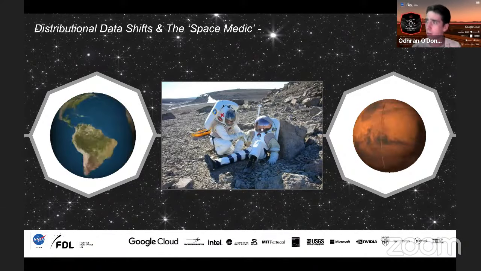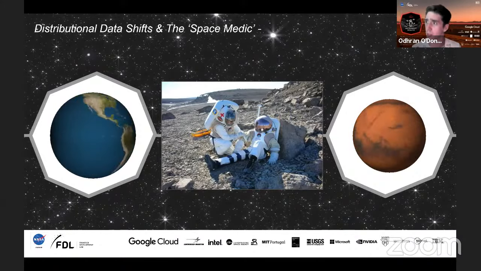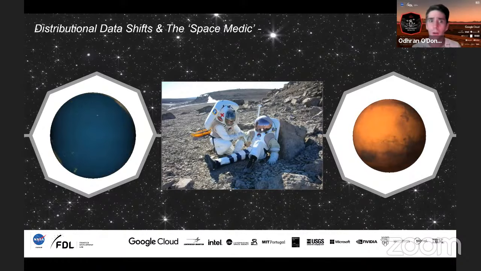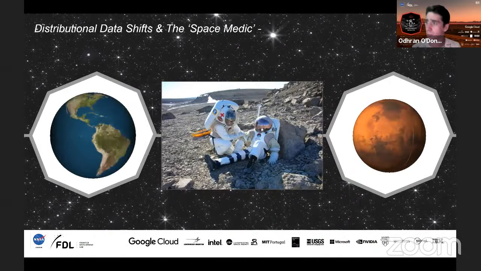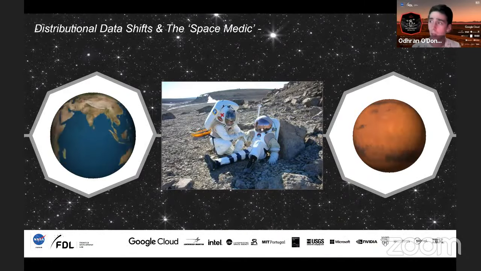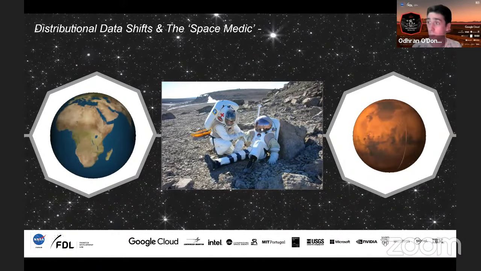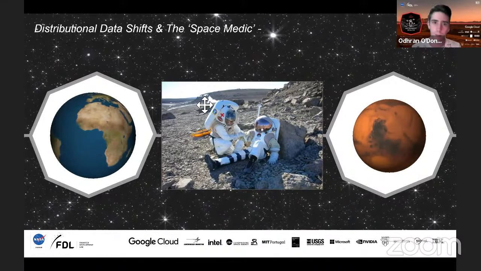And we need to try and find ways of addressing that and still being able to do the things we're interested in. So in this case, it's causal inference. Can we do causal inference in distributed settings to try and discover things that are relevant to health? That's a summary of what we're trying to build. We're trying to build methods that allow us to causally discover things when people could be on Mars, could be on Earth, and could be on the ISS, and work across all those data sets together.